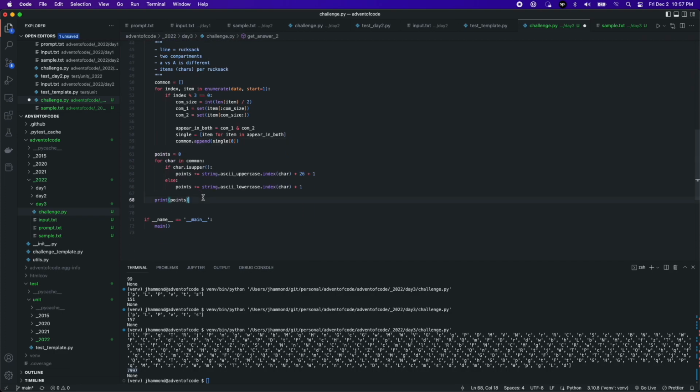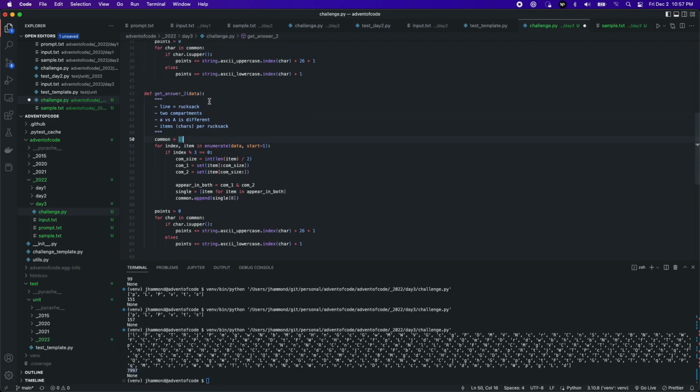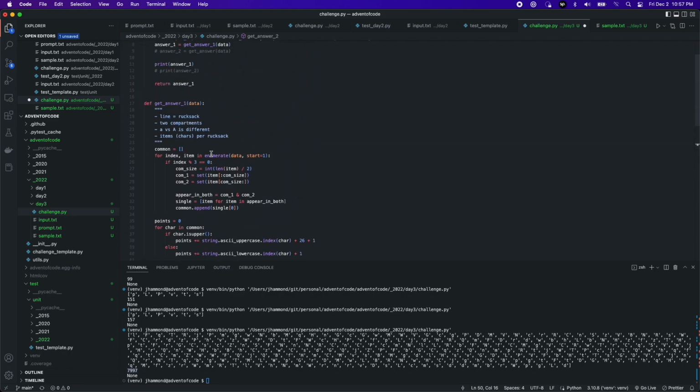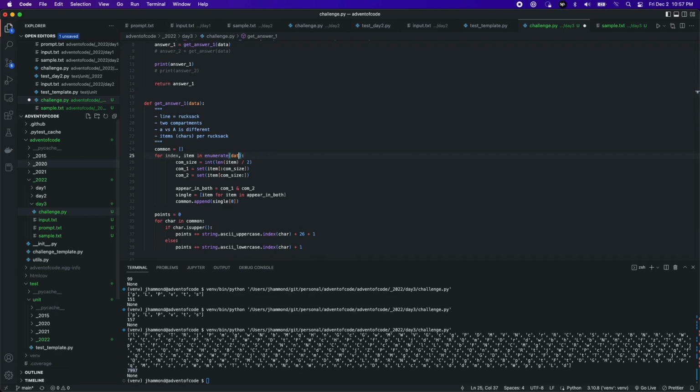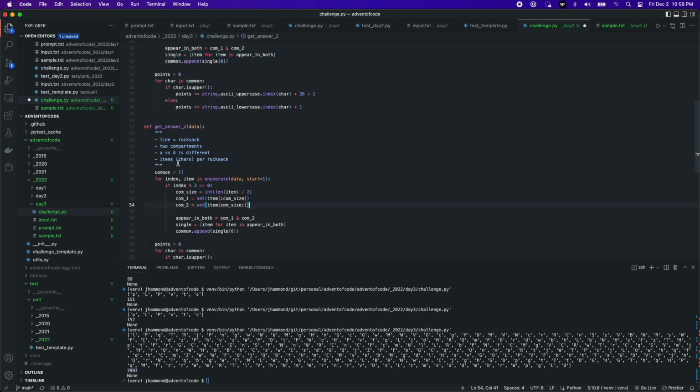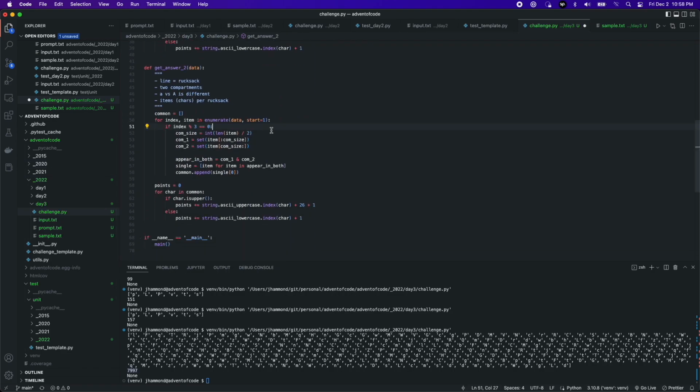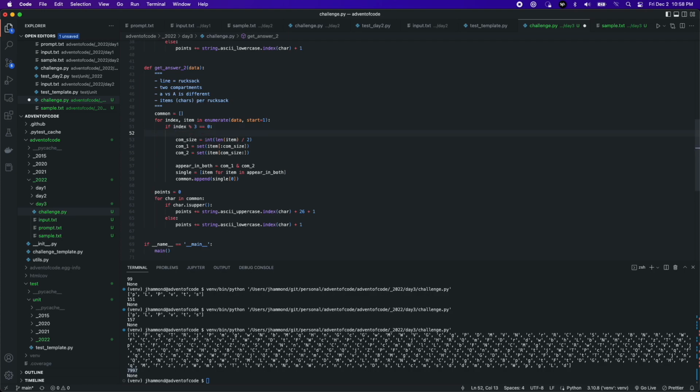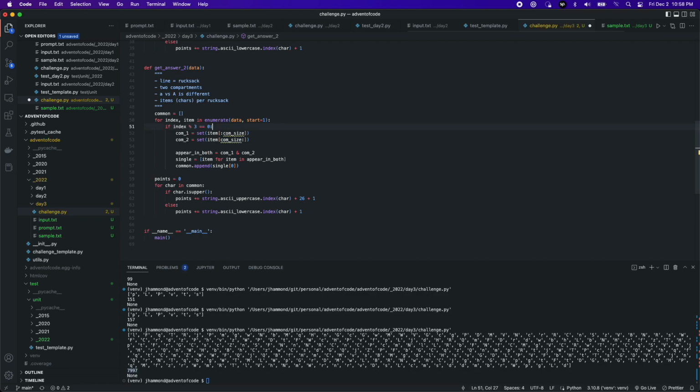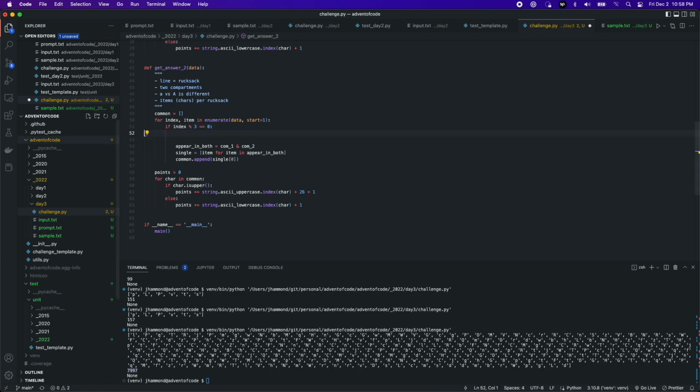Okay, so get answer 2. We're going to do the same concept. We can get rid of this, this, and unindent this. And okay, for part 2 here, if it's 2, we no longer need the column size. We no longer even need this, but what we do need is